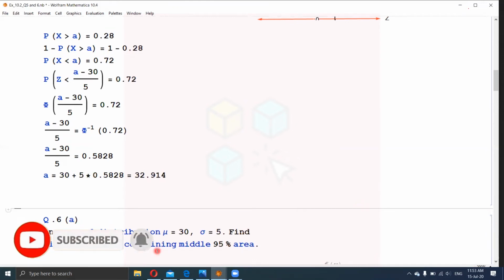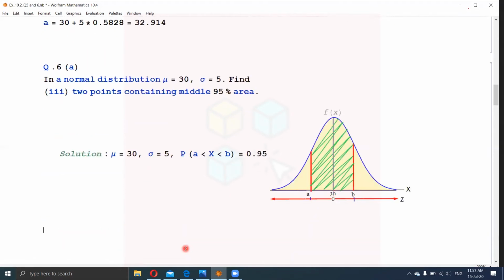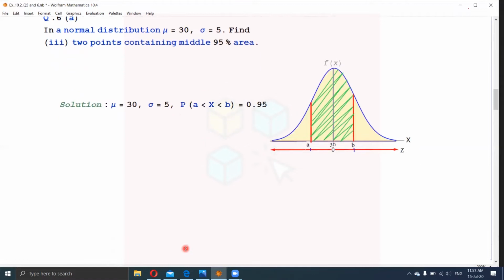Two points. Now we have to find the 2 points in the normal distribution with mean 30 and standard deviation 5, and these 2 points containing the middle 95% area. Middle 95% area means that both points are equidistant from the center. A and B are the 2 points on the number line X normal variate, and these 2 points are equidistant